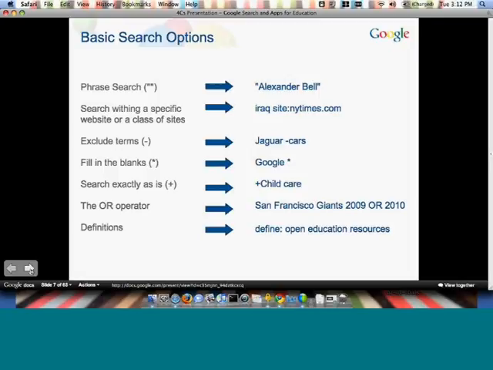So the first one that you see there is a phrase search, which you do by putting double quotes around a set of words. For example, the example you see there is Alexander Bell between the two double quotes. If you type in a search query like this into the Google search box, you're telling Google to consider the exact words in that order without any change. So that will give you the opportunity to make your search more precise. It's good if you know what you're looking for, and if you're looking for very specific information. It also can be like if this